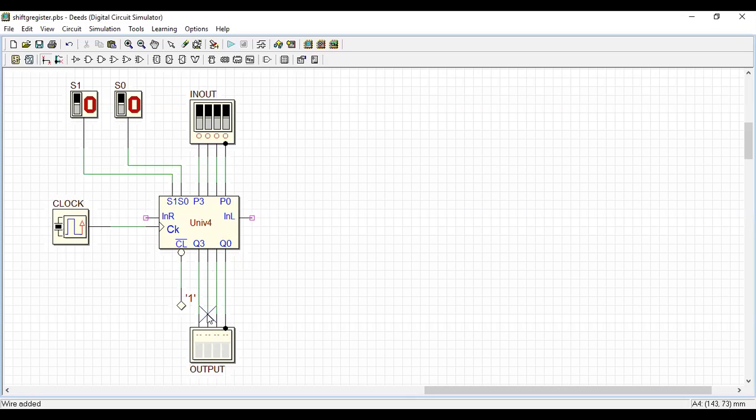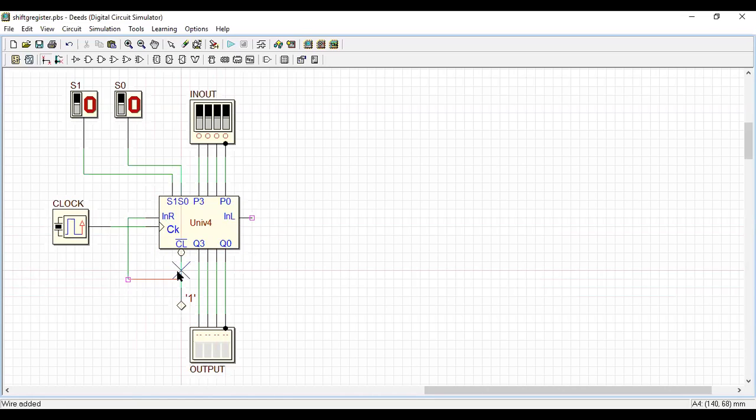Okay, this is done. This rotate right, I'll take, then I'll connect to the Q0 pin.